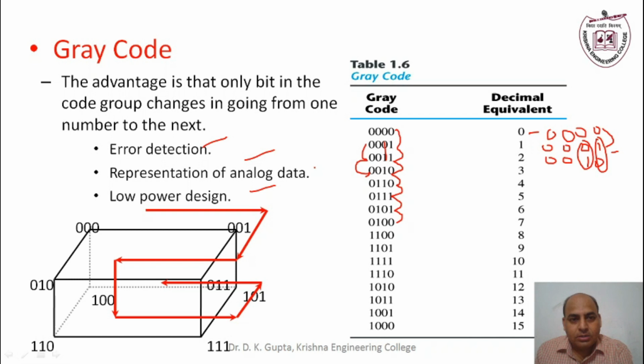So the quality of this is that Gray codes have adjacent digits that differ in only a single digit. So 0 to 1 is a single digit change, 1 to 3 a single digit change, 3 to 2 a single digit change, 2 to 6, 6 to 7, 7 to 5, 5 to 4. This is the bit pattern of the equivalent Gray code for the decimal.